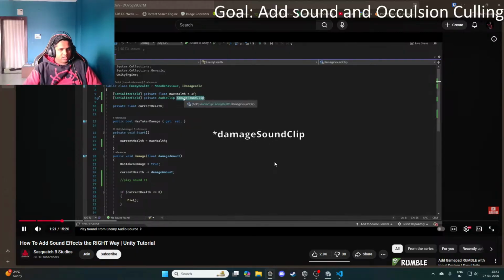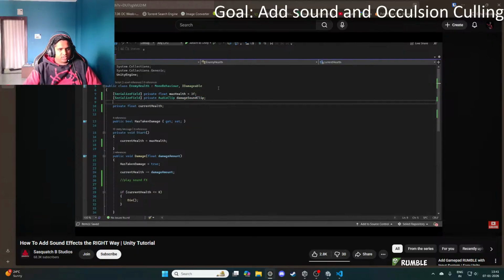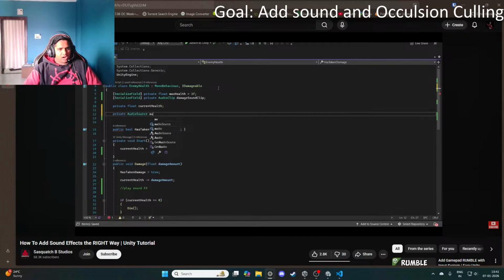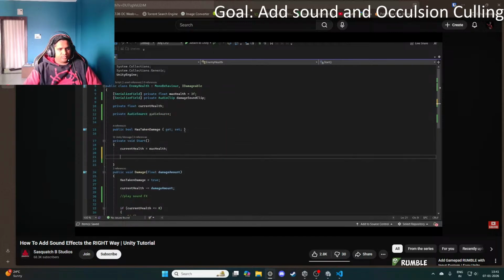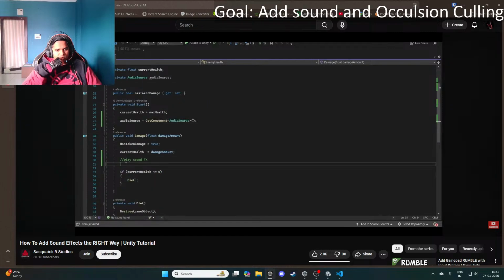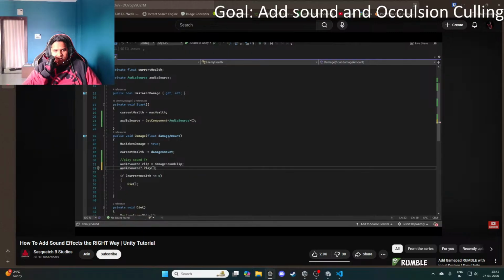called audio sound clip. Let's also get a reference to the audio source called audio source. And let's get that component in our start function. And then down here, you could say audio source.clip equals damage sound clip. And then you could say audio source.play. And if we drag,